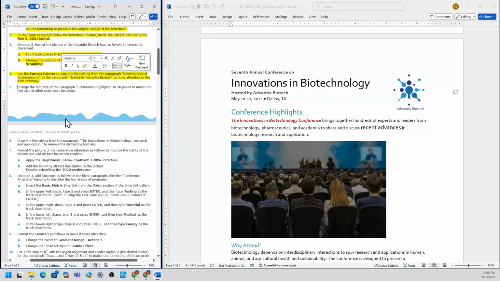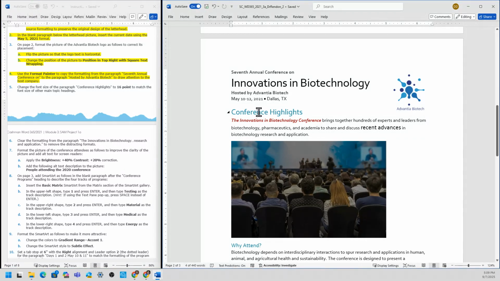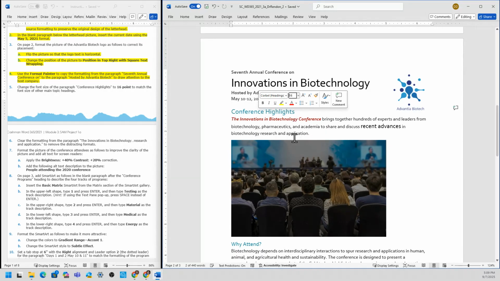Now, step 5 is to change the font size of the paragraph Conference Highlights to 16 point to match the font size of other main topic headings. This is the Conference Highlights. I'm just going to highlight it and then change the font size to 16, so it should be smaller.